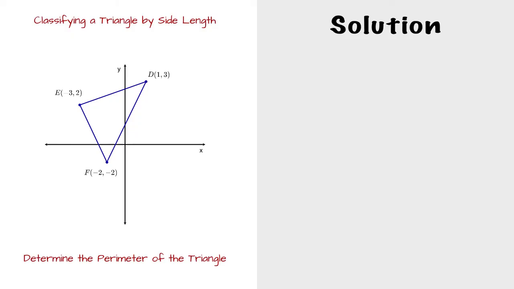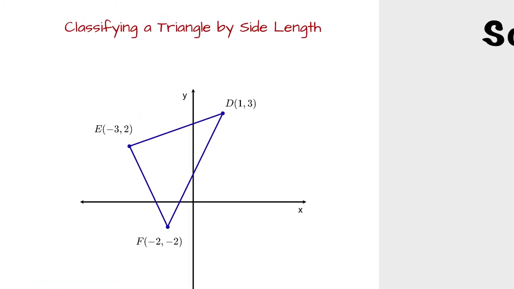My last explanation slide is about using the formula to classify a triangle by side length. Triangles come in 3 varieties. They are equilateral, in which case all 3 sides are the same. They can be isosceles, 2 sides the same, and they can be scalene, in which no sides are the same length. So to set this up,